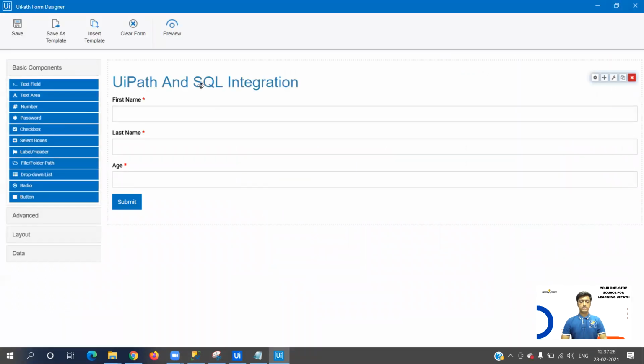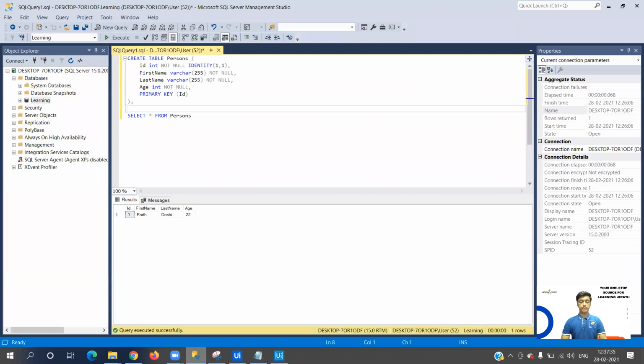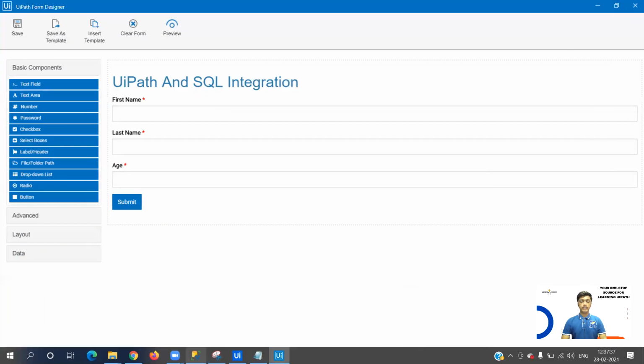Okay. So this is just a label that I have added, and I have added the three columns that we need to put the data in the SQL table: the first name, last name, and age. If you see over here, here is the first name, which is a text field, then last name, again a text field, and age, which is a number. Now we need to access this data outside the form as well.